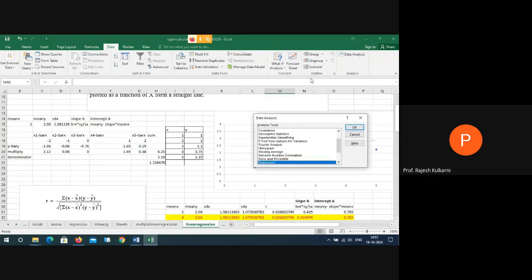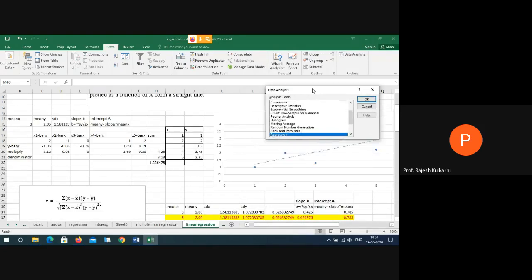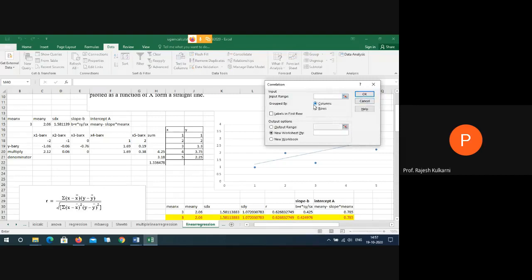We'll go to data analysis, and we'll start with the easier one first. We'll check only for correlation. So I'll give the input range for correlation as this. It has labels.